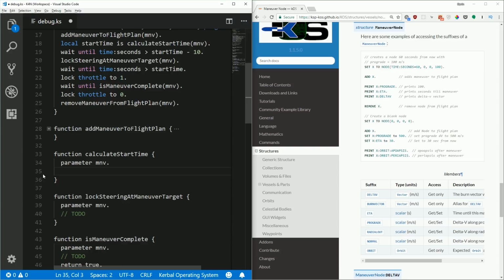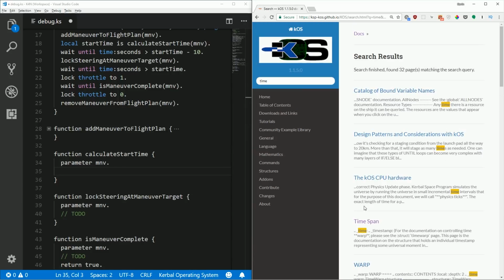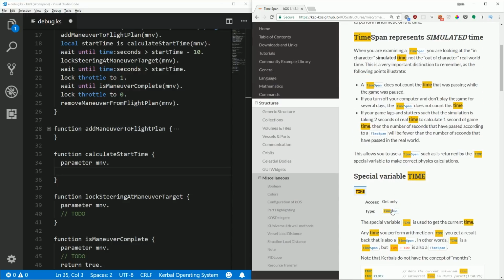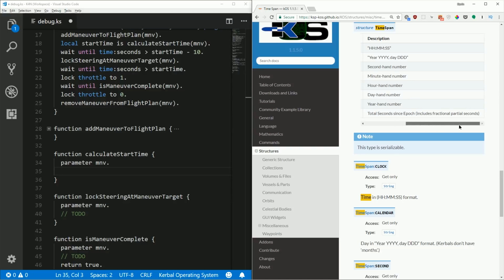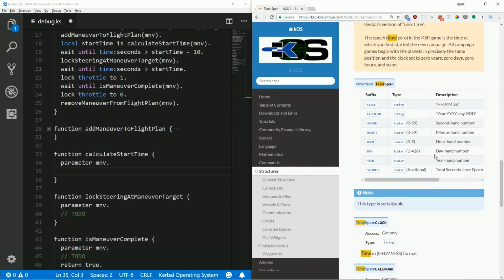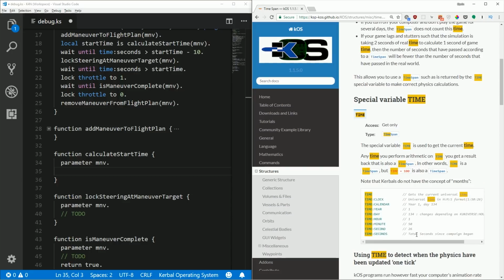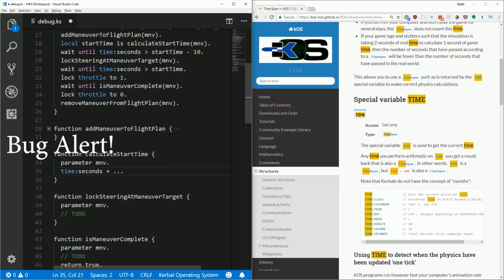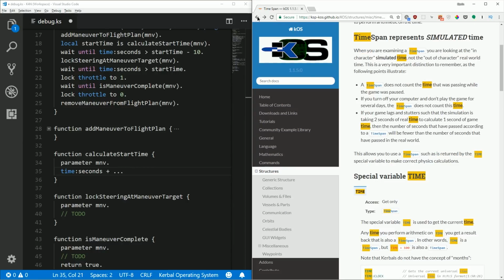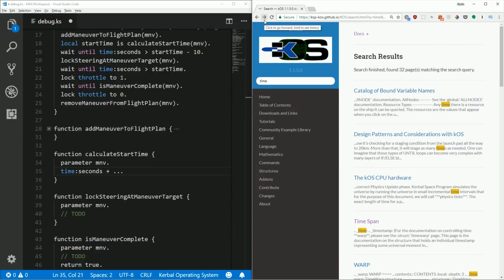And let's see. So the start time has got to be relative to the universal amount of time. And if we go back to look at that time span structure, I'm going to just click time span here, we see seconds. Total seconds since epoch includes fractional partial seconds, and that is what we actually want. And even up in here in the comments, it says total seconds since the campaign began. So we're going to be calculating some sort of offset from the current time. So we'll say time seconds plus something. Now, something is going to have to do with however long it is until we get to that maneuver node,